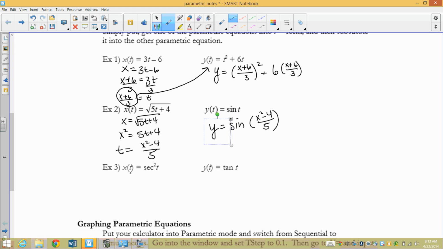When I come down here, x of t equals secant squared t and y of t equals tan t. Ooh, x equals secant squared t. If I try to solve for t here, I'm going to have to square root it and then do an inverse secant. I really don't want to do that. You know what? I'm not going to. If y is equal to tan t,